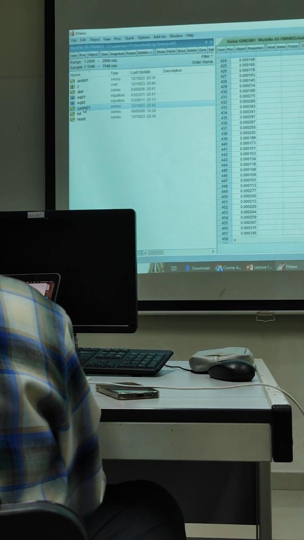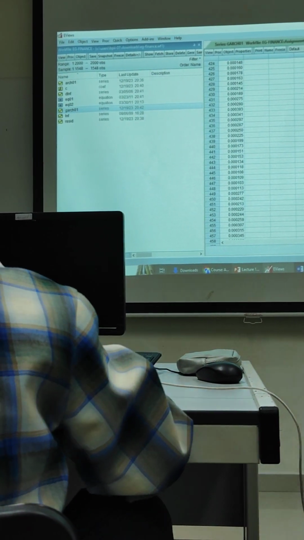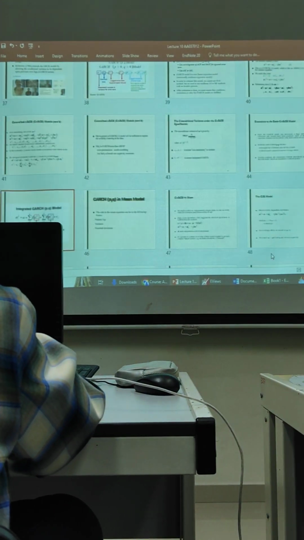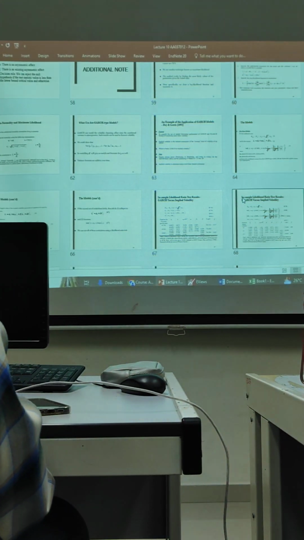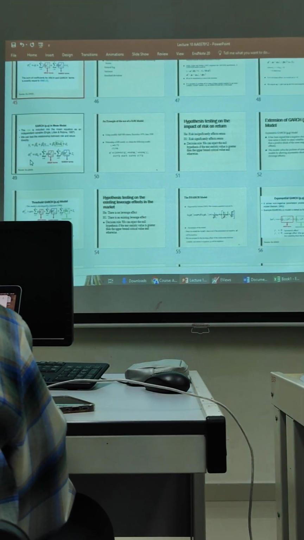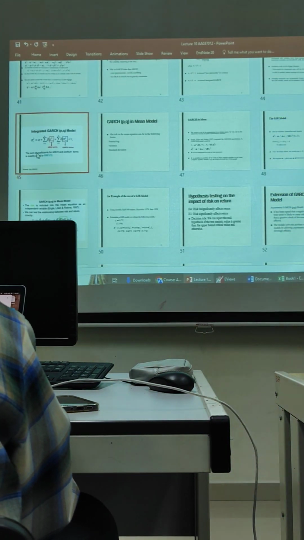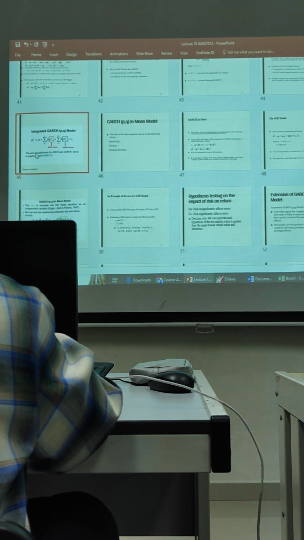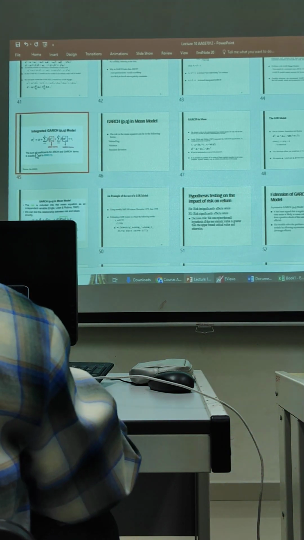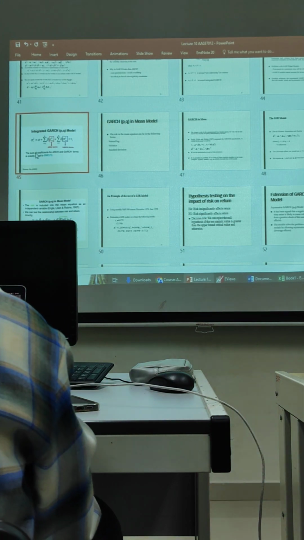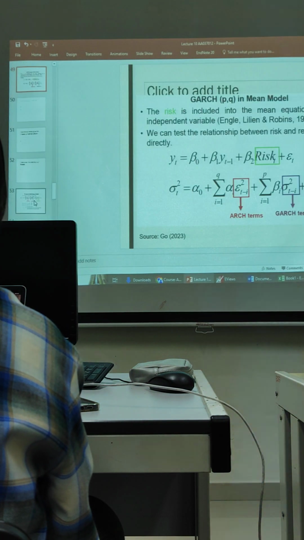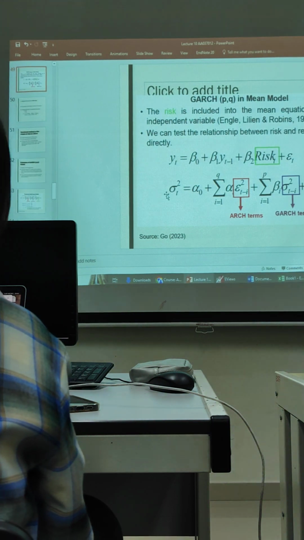Then how about one more model? Before we go to theory, because I understand that you are going back home, I will discuss the theory in my lecture later, during the recorded video for next week together with value at risk. So today we will focus more on the practical part, just to show you the practical part.